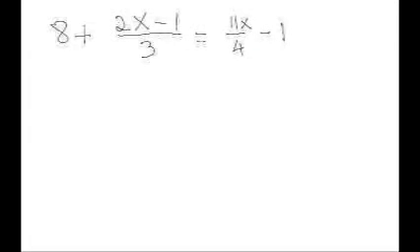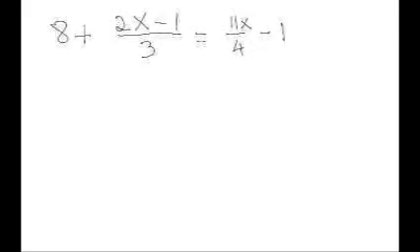Let's solve this complicated looking linear equation. 8 plus the quantity 2x minus 1, all of it divided by 3, equals 11x over 4 minus 1. The first thing I want to do is clear the fractions, and for that I will need